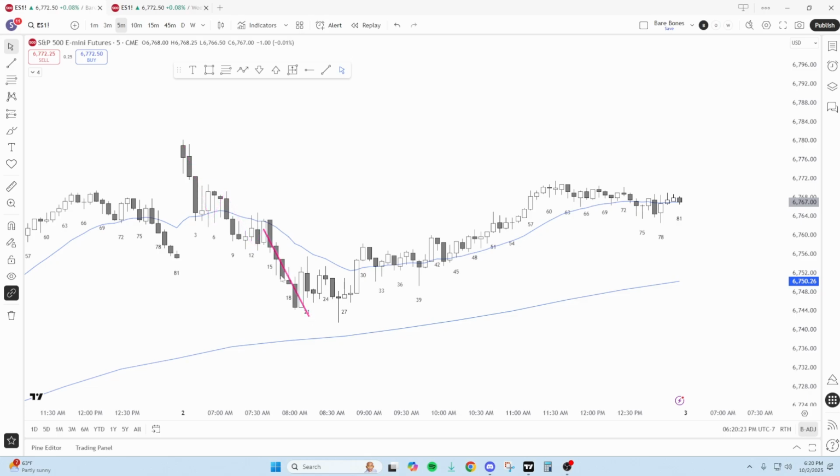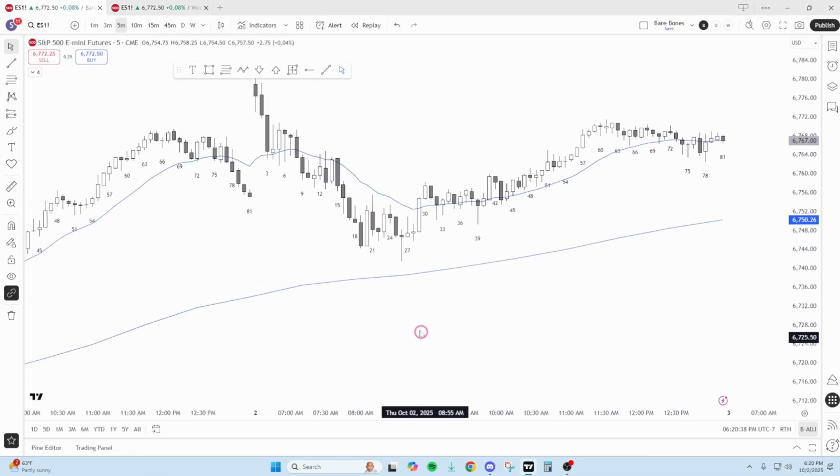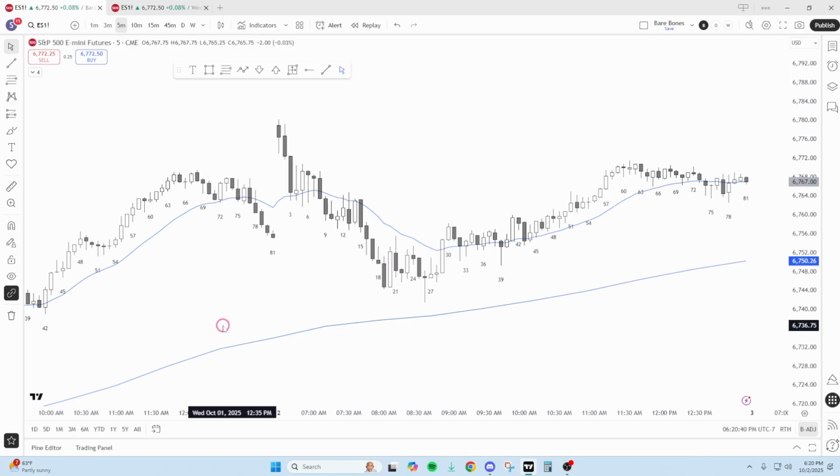Leg 3 is climactic. And now look at bar 22, or excuse me, bar 20. This is not good for the bears. When we see pullbacks, we want to see trading range bars. This is a trend bar, so something's going on. And this has a little more context to it because of yesterday's rally. So if we had a trend bar like this,